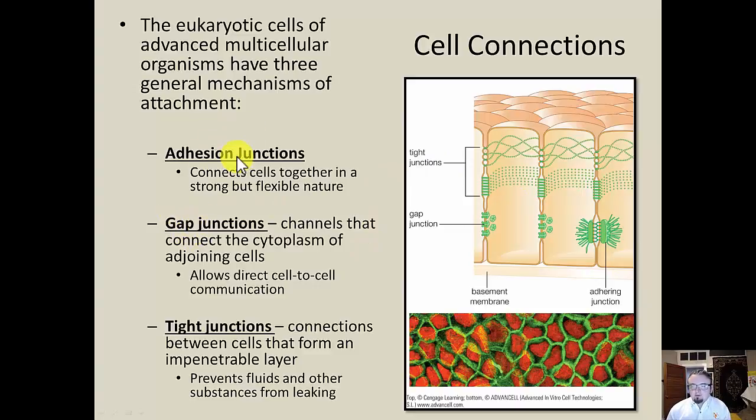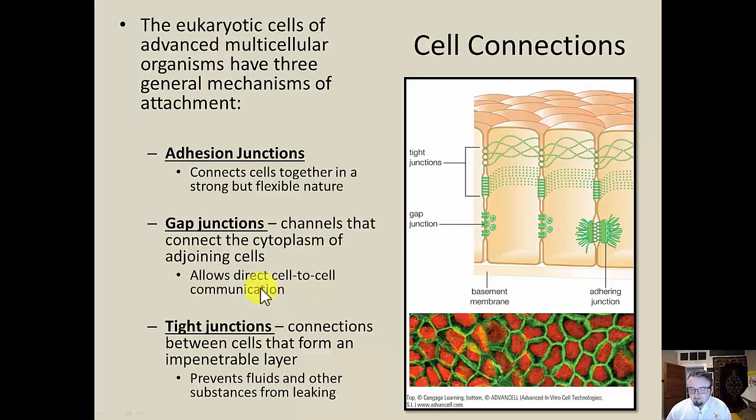Another type is a little different in the sense that it allows things to travel back and forth. These are called gap junctions. What they do is they allow little tunnels in between two cells. And this is actually how substances can move from one cell to another within tissue. So this allows cells to have this intricate connection system in which substances and nutrients can flow from one cell to the next. So that's called a gap junction. They allow direct cell-to-cell communication, as well as a variety of other things like nutrient sharing.